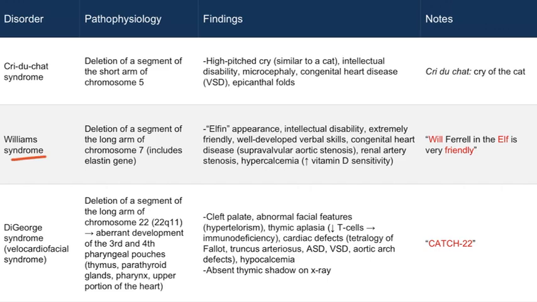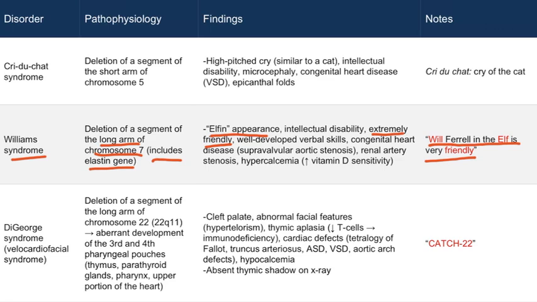Williams syndrome is caused by deletion of a segment of the long arm of chromosome 7, which includes the elastin gene. Some of the symptoms can be remembered with the mnemonic Will Ferrell in the Elf is very friendly. These individuals have an elfin appearance and are extremely friendly. Other features include intellectual disability, well-developed verbal skills, congenital heart disease, renal artery stenosis, and hypercalcemia, which is due to